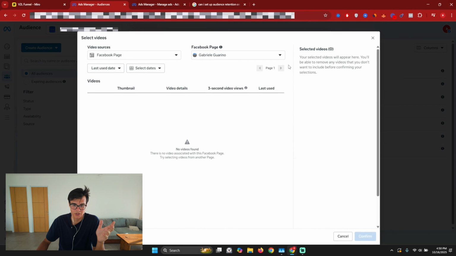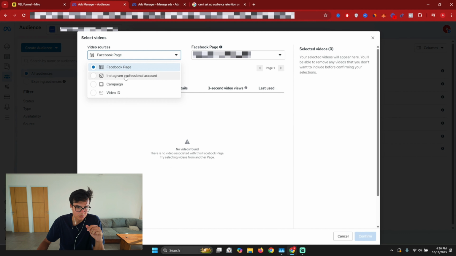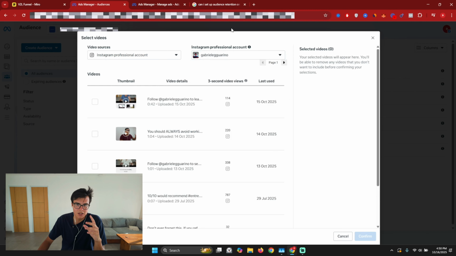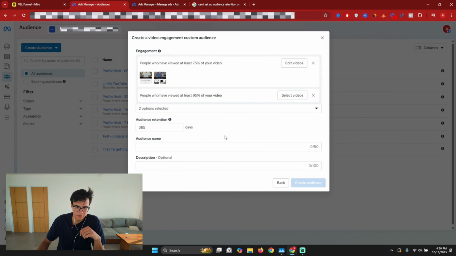So just click select video, then you do Instagram profile, professional account, and then choose the correct account. Of course, if you have multiple accounts, you'll have to do this. Otherwise, you should only have one in your ads manager. And then you just select the specific videos in question, which in my case would be just these two. You click confirm, and then the retention would be somebody that has watched the video in the last X amount